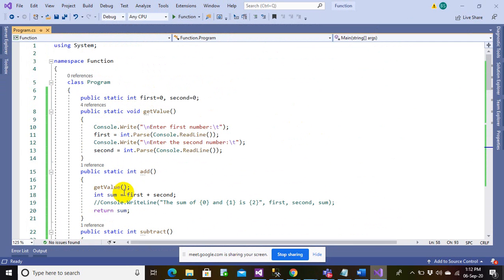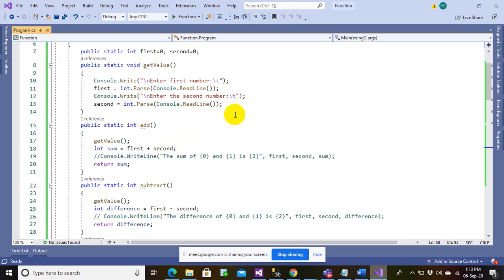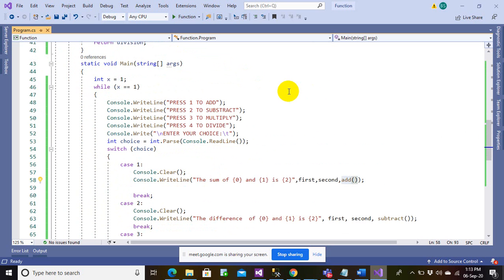If you get the value coming here, first plus second, it returns the sum, but still you are getting the value of 0 and 0. So let us say there is some bug in my program.